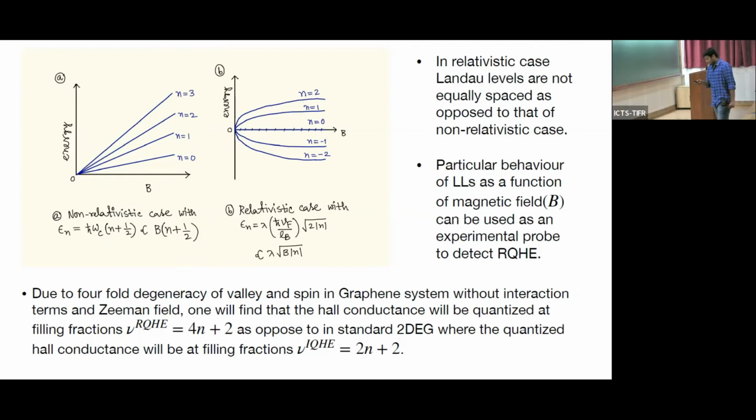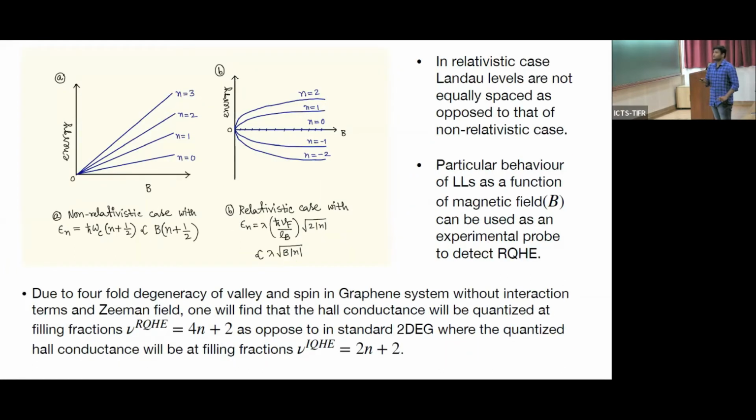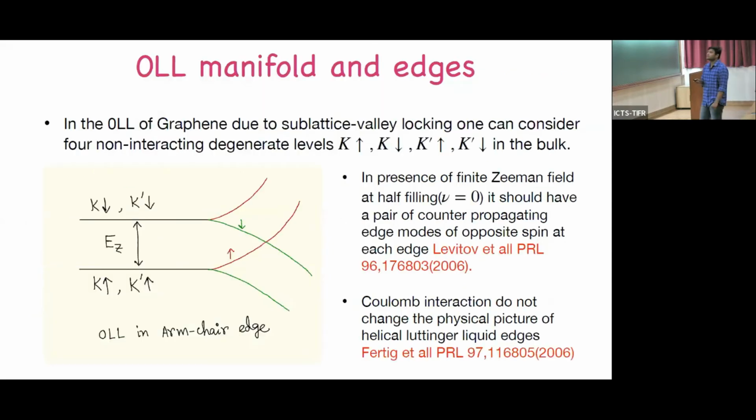So these are the main differences. Now for all of my talk, I will only focus on this n equals 0 manifold, and I will forget about all the other Landau levels. So if you think about this 0 Landau level manifold, what you will find if you solve this problem,